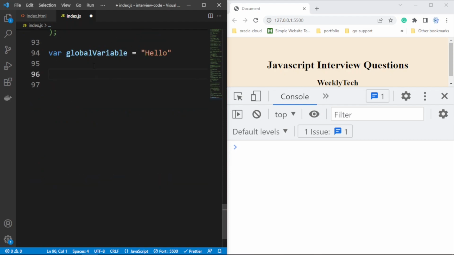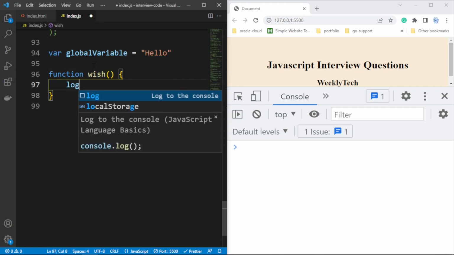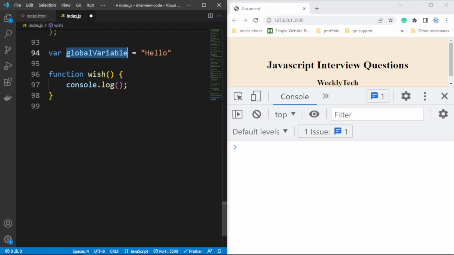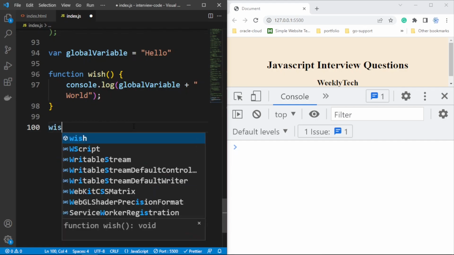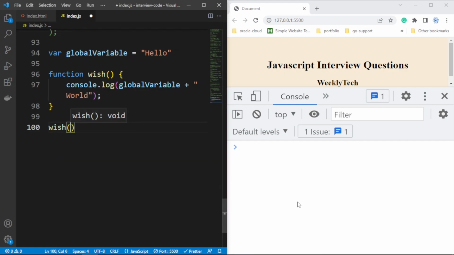Okay, and then I'll have a function which we say wish, and wish will take no arguments, but it will take the global variable and say hello world. Okay, I'll call wish,